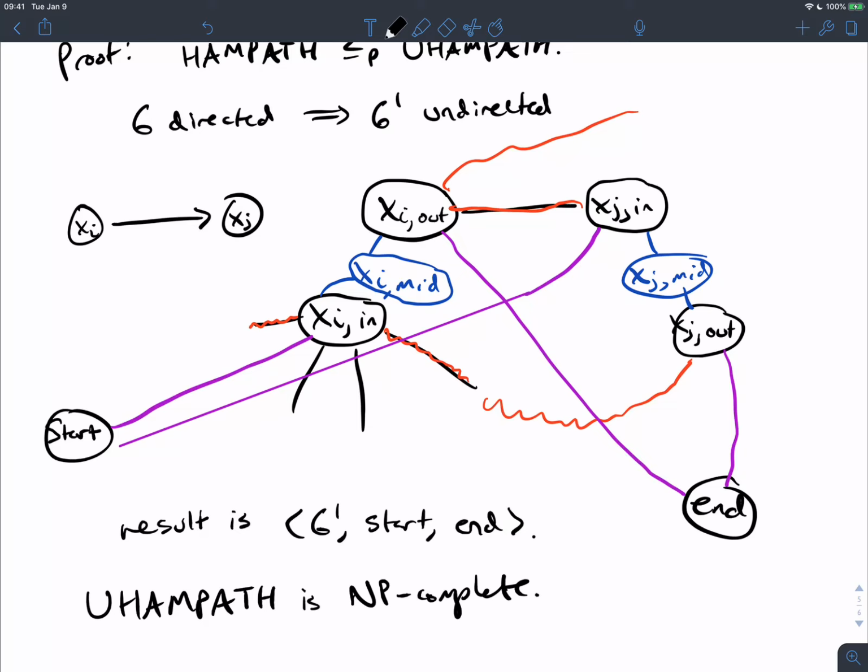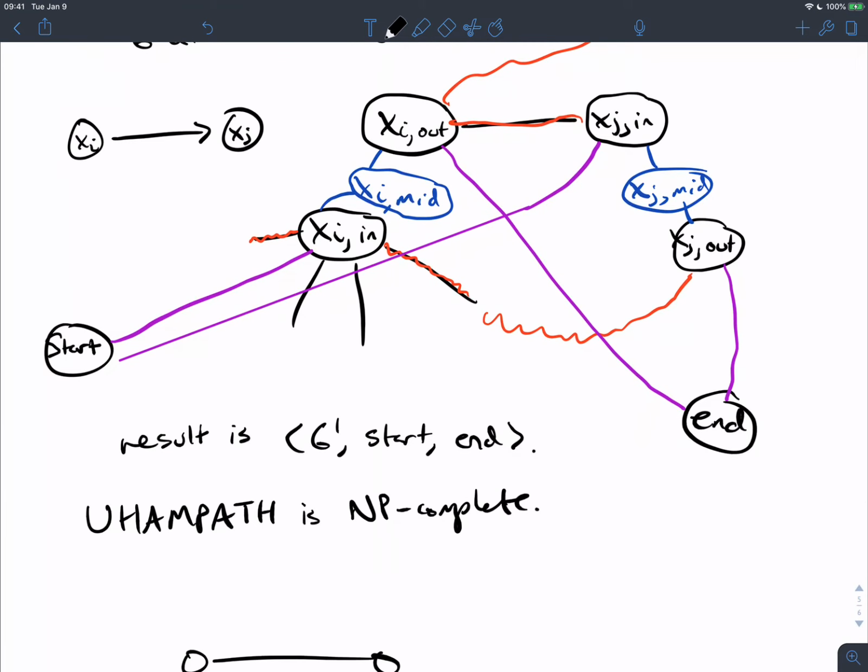You didn't specify a start and end. Then I can't necessarily imply anything. Yeah, because that would imply if I could cyclically shift the order of the vertices in the HAMPATH such that I start at start and end at end, then that means that there's a cycle in the graph, but I can't guarantee that there was an undirected cycle at all. It may be a tree for all I know, but yeah, so I have to specify in the undirected case what the start and end is, but for the directed one,